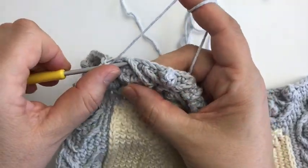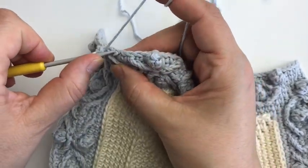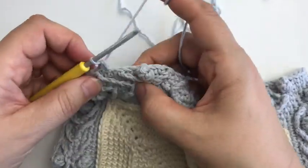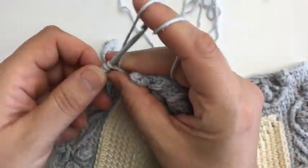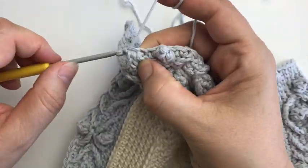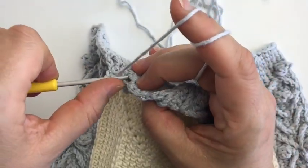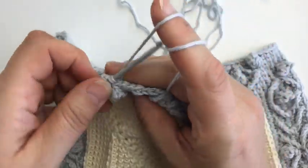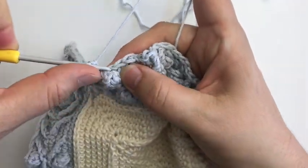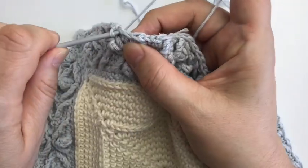And we have another front post HDC, two single crochet, front post HDC. So very easy and very simple again. Two single crochet, DC behind and below, double crochet behind the popcorn, and we're not in the middle yet, so we keep going. Skip the popcorn stitch here, two single crochet,